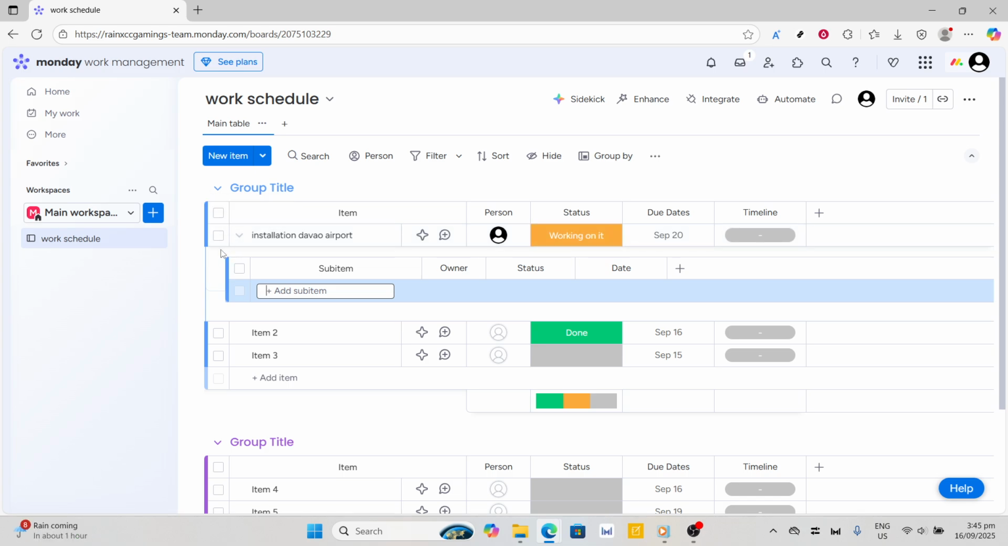same page. By following these steps, you'll be able to create a comprehensive and dynamic work schedule that not only keeps your team organized, but also engaged and informed. The flexibility and transparency that Monday.com offers make it a valuable tool for any team looking to enhance its scheduling